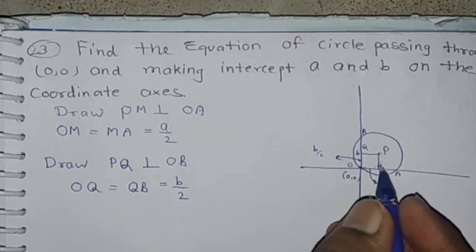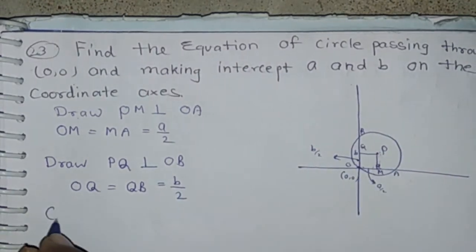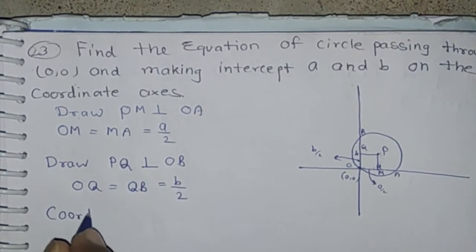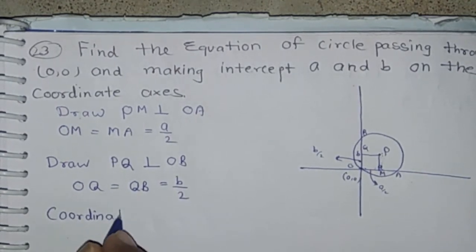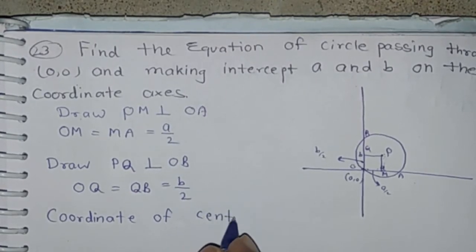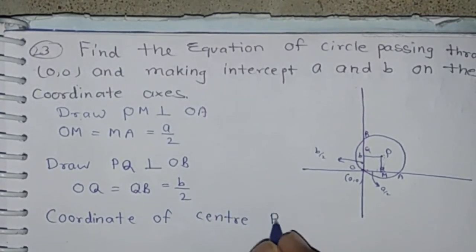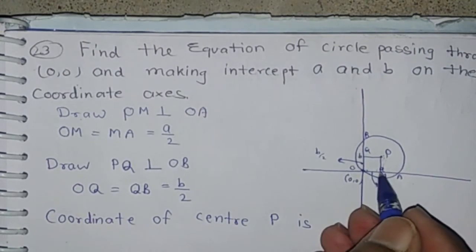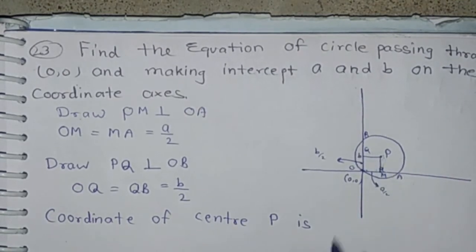Then the coordinates of the center P are A by 2, B by 2,